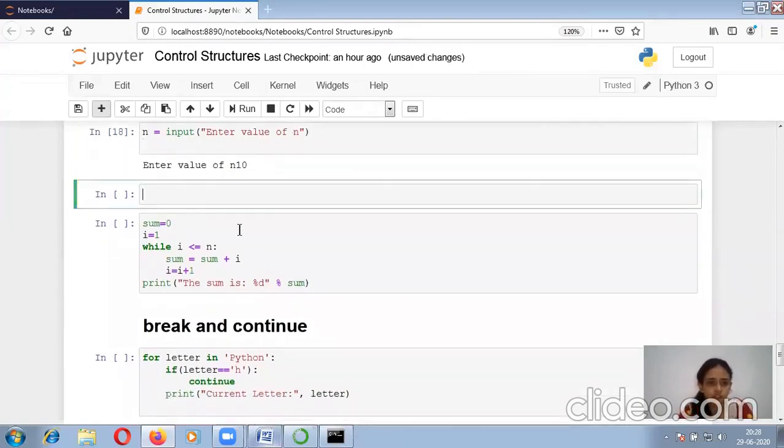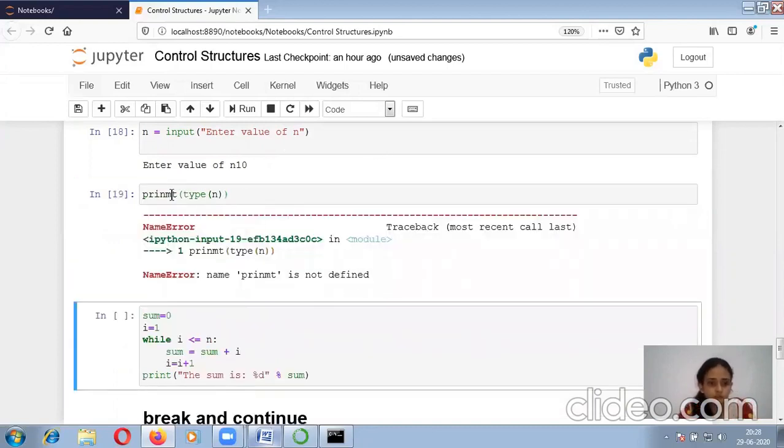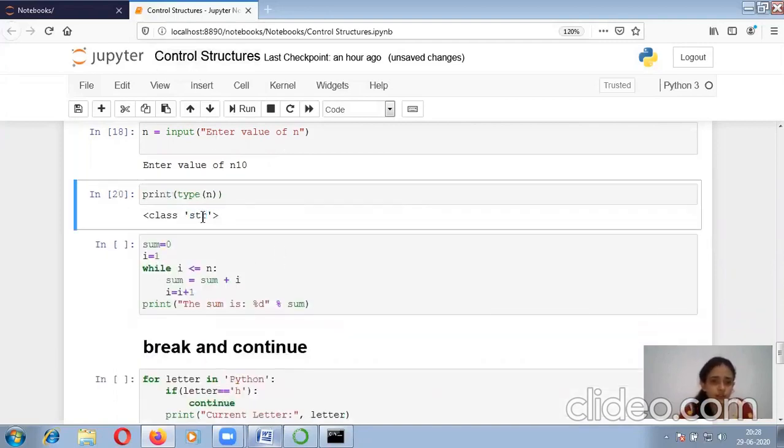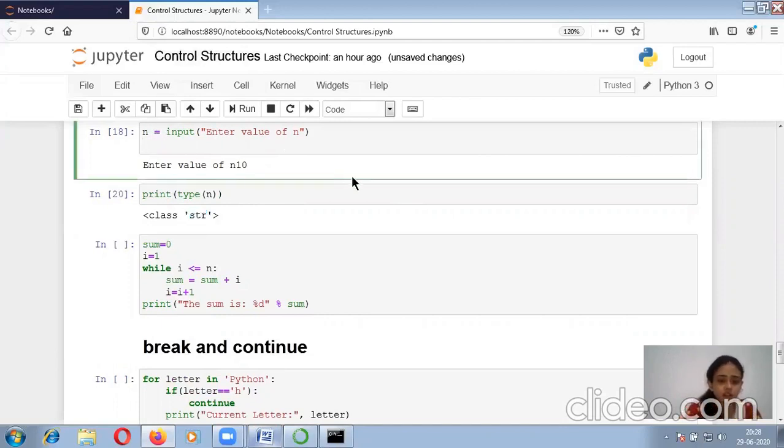Now after this you can check what is the type of my value n. So for that I will be using the type function. So you are getting that whatever value you are taking from the user, its type is string. So it is very necessary that if you want to perform the addition operation, then the number value should be of type integer. So for that I am doing the type conversion. So before the input statement I am writing int. So within int as the function, as an argument, you can pass this particular input statement like this.